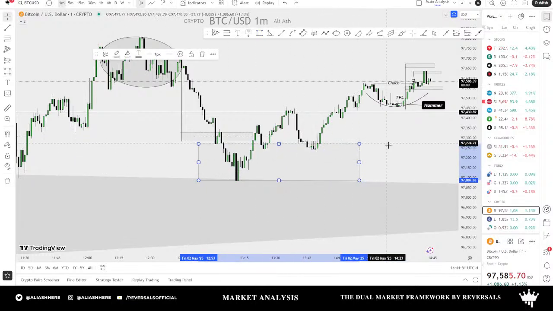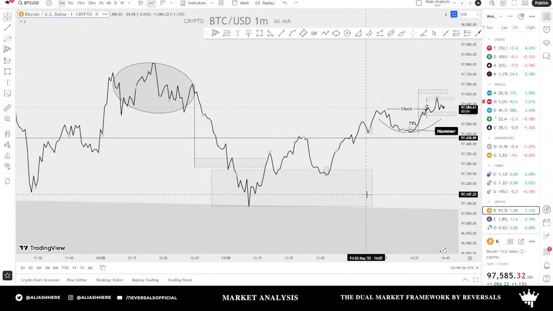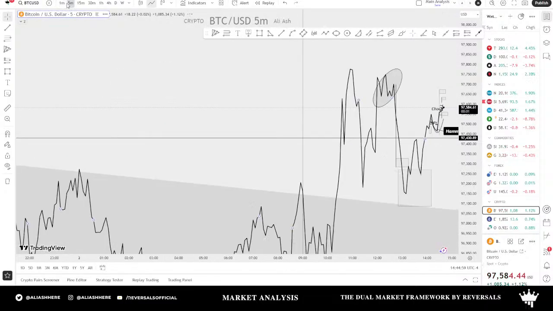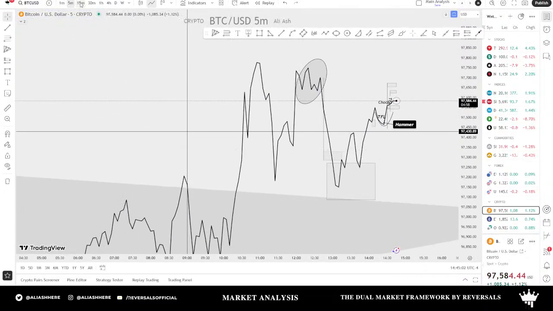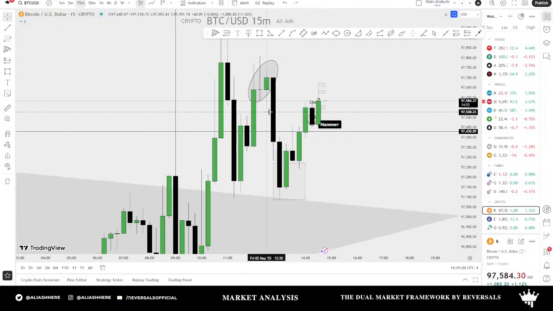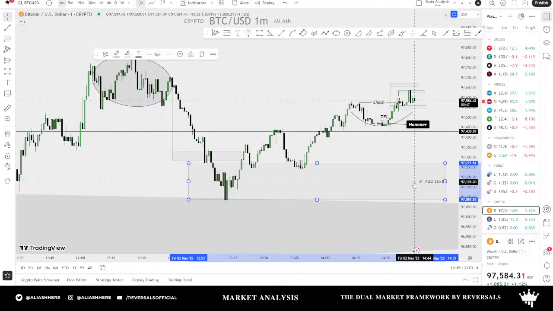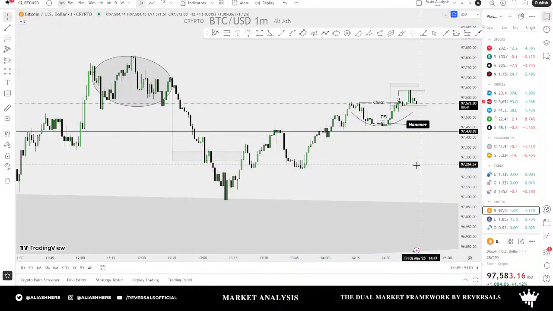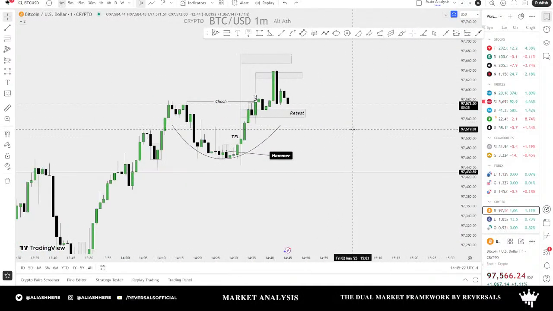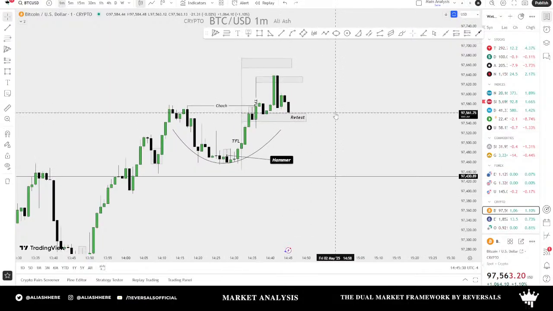This part will be the volume burst. As I said, this hammer will be retested, and if it fails, then...